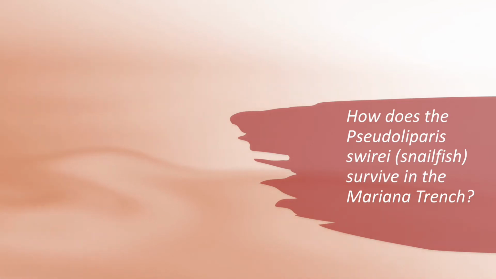Today I'll be walking you through a presentation, or a telling of a story of sorts, about a fish that has been found to be able to survive and thrive deep within the Mariana Trench. This fish is the Pseudoliparis swirei, I hope I got that right, or colloquially termed the Mariana Hadal snailfish. So specifically, I'll be explaining the features and changes found on these fish and how these changes help them survive well under extreme conditions.